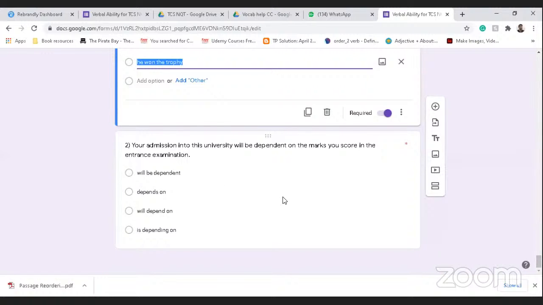Okay, when "depends" will come. For example, if I use a sentence like this: That depends on your performance. That depends on your performance. But if I want to use a complete sentence,